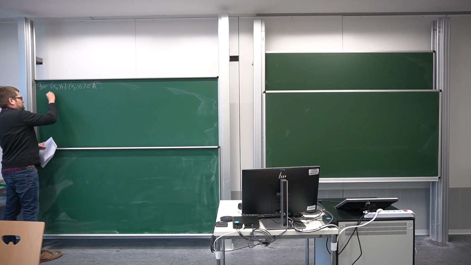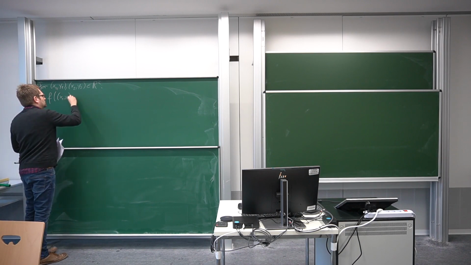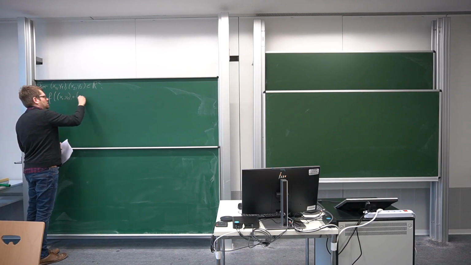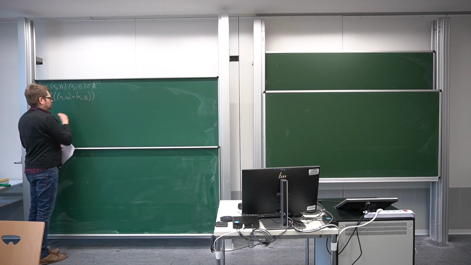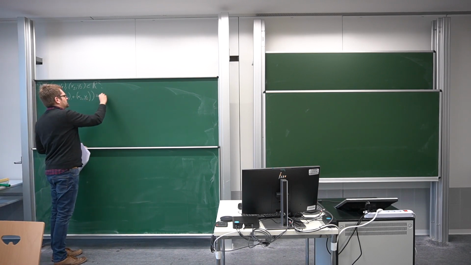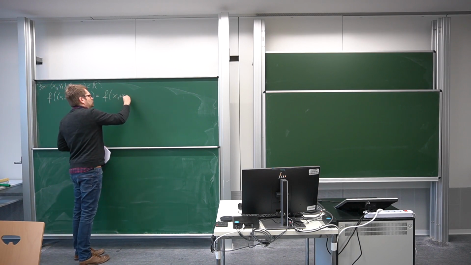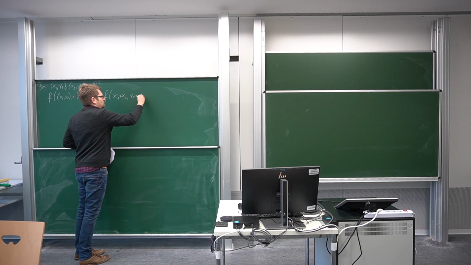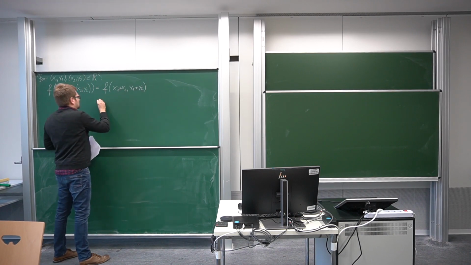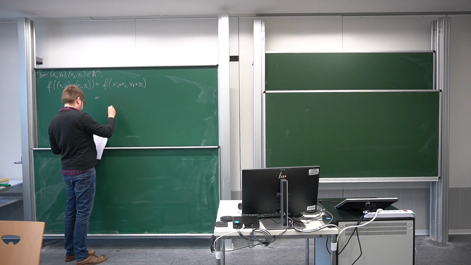So let's compute f of the sum of (x1, y1) and (x2, y2). If you recall, the sum on R2 is just defined component-wise as the vector space addition. So this is just f of (x1 plus x2, y1 plus y2). Now we can just insert the definition of f. So just by definition, this is the same as